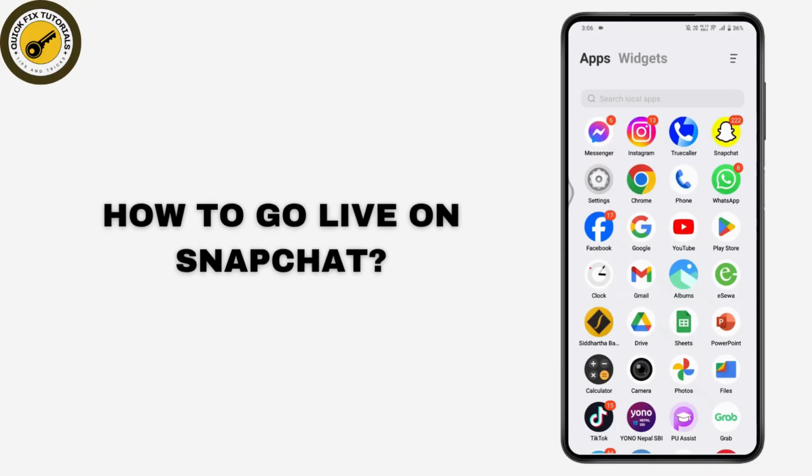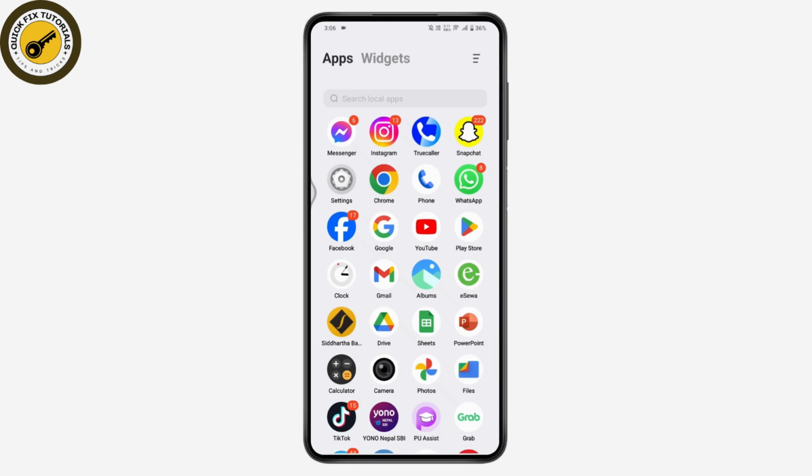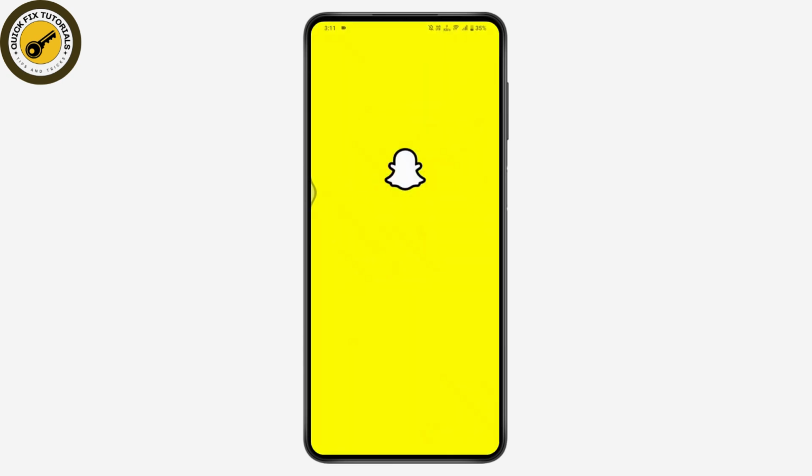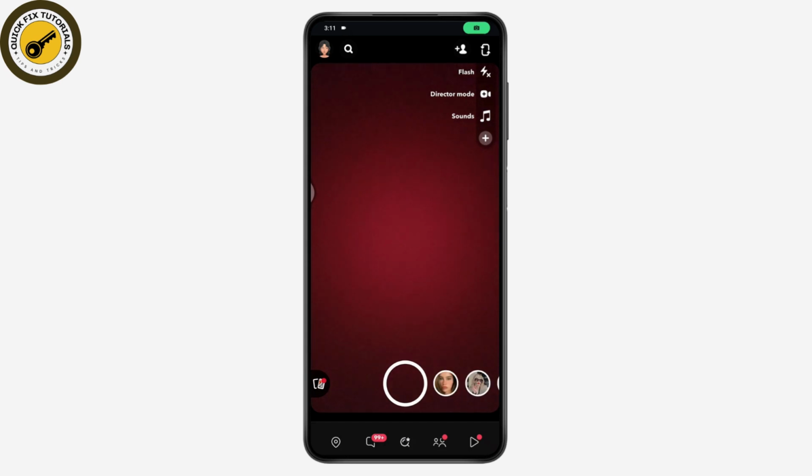How to go live on Snapchat. So if you want to go live on Snapchat, then first check your internet connection. Once you check your internet connection, now let me tell you whether you can go live on Snapchat or not. So if you open up your Snapchat application, and go to the profile, which is on the